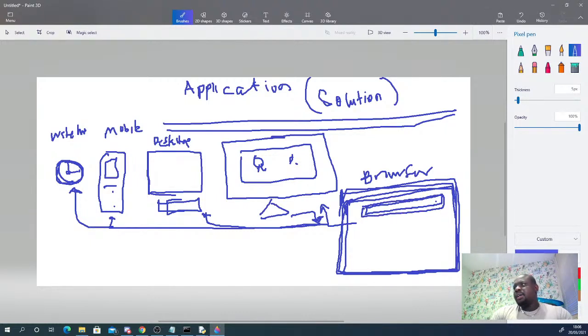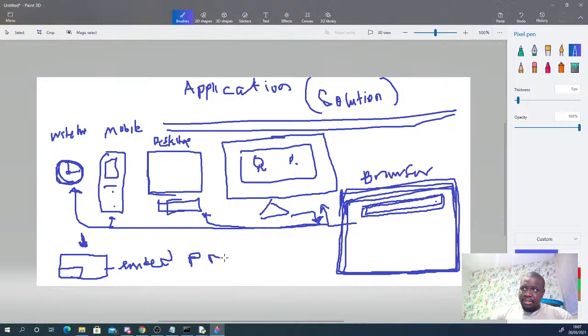So we have multiple application types for multiple devices. As long as there are a lot of devices, you are going to write different applications. Another thing is that you can write a custom application for particular hardware, and the application you write for that particular hardware can be referred to as an embedded application. This application runs on